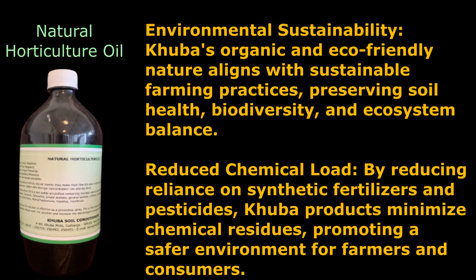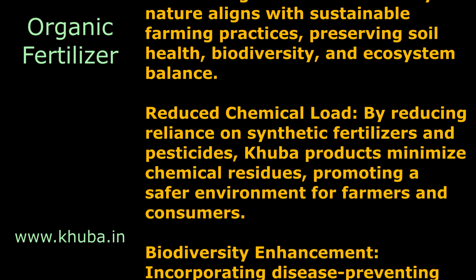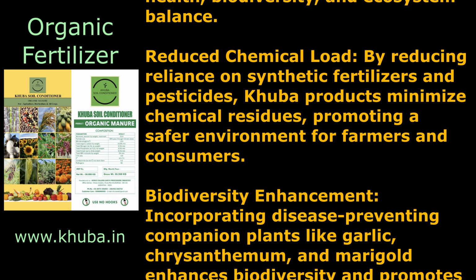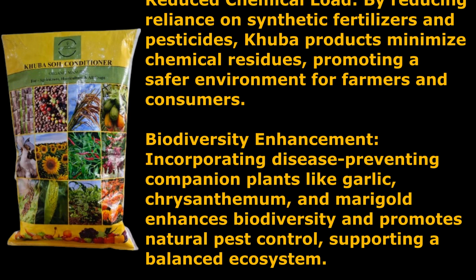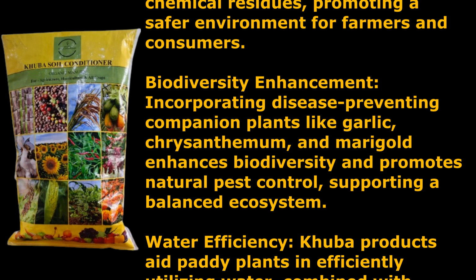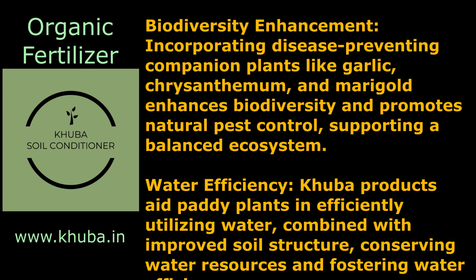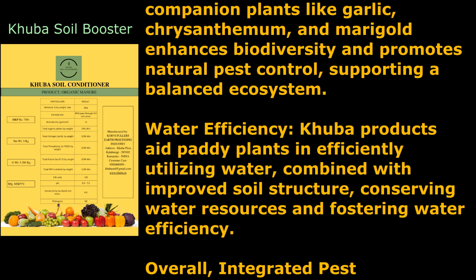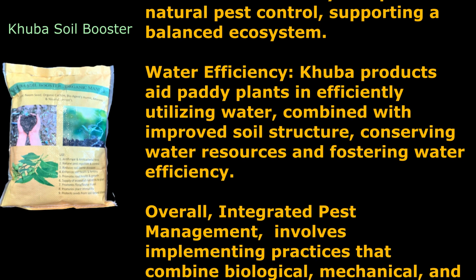Reduced chemical load. By reducing reliance on synthetic fertilizers and pesticides, Khuba products minimize chemical residues, promoting a safer environment for farmers and consumers. Biodiversity enhancement. Incorporating disease-preventing companion plants like garlic, chrysanthemum, and marigold enhances biodiversity and promotes natural pest control, supporting a balanced ecosystem. Water efficiency. Khuba products aid paddy plants in efficiently utilizing water, combined with improved soil structure, conserving water resources and